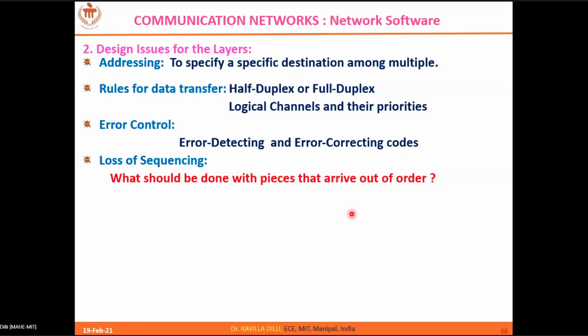Can someone guess? I have transmitted from packet 1 to packet 10, out of which packets 5 and 6 are dropped for very different reasons that we will see later. But assume that 5 and 6 are dropped and the rest arrived. So now how are you going to handle this data?